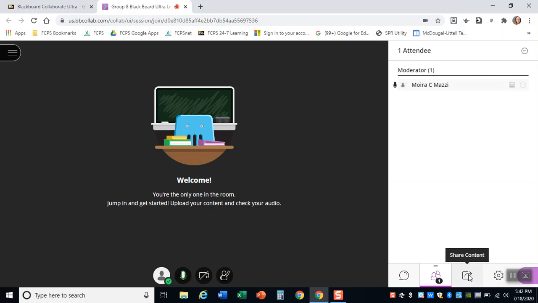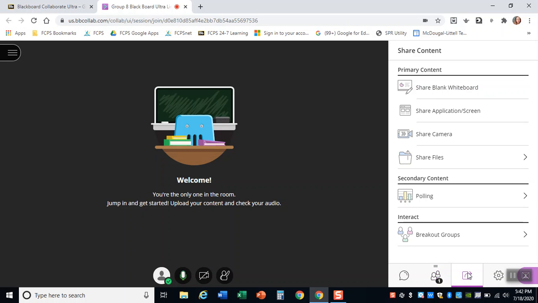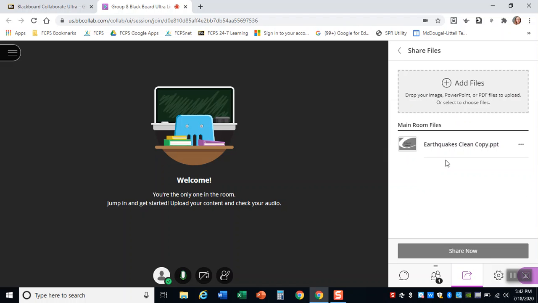Now say that I want to show a PowerPoint to my students while I'm in the main room. What I'm going to do is click on this icon right here with the arrow that goes to the right, and then I'm going to say share files. Now I can only share PowerPoints or PDFs, so I have to be aware of that and be a little bit prepared. So I did actually already upload the earthquakes, but just to show how I did that,